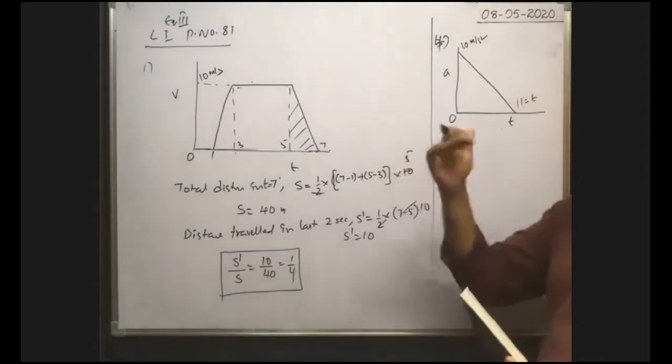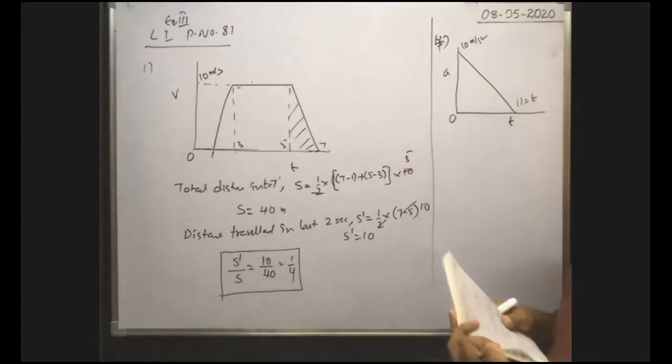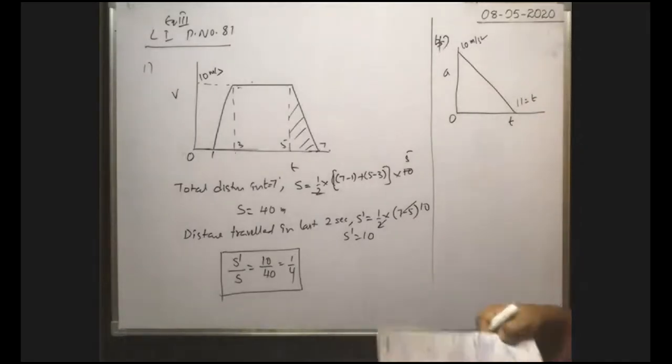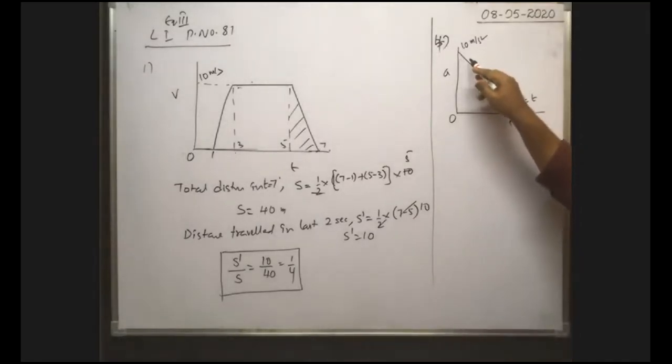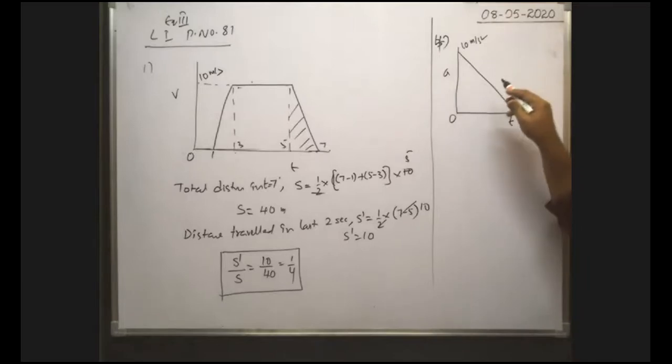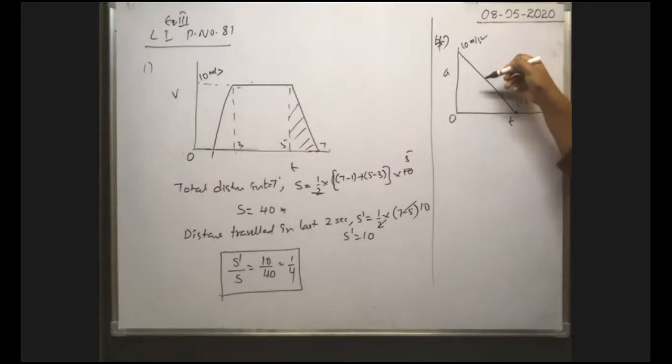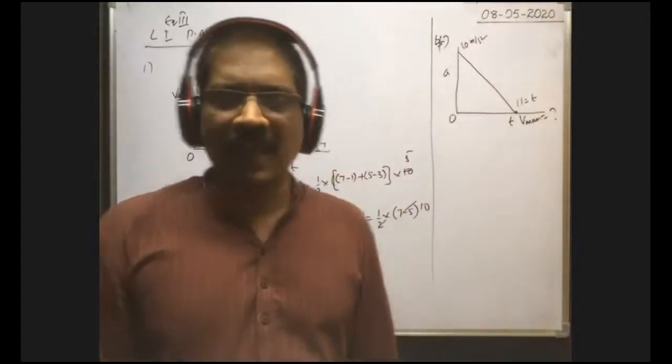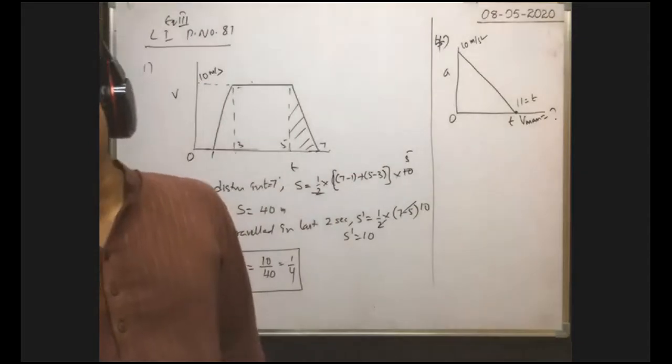Already previously we did one type of problem based on this concept. Okay. Here, what is the maximum speed of the particle they asked. No doubt, even though acceleration decreases, still some acceleration is there in the particle. That's why the velocity of the particle goes on increasing up to t equal to 11 seconds. So velocity is maximum at 11 seconds only. That is the question we have to find. Very good. 55 is the answer.